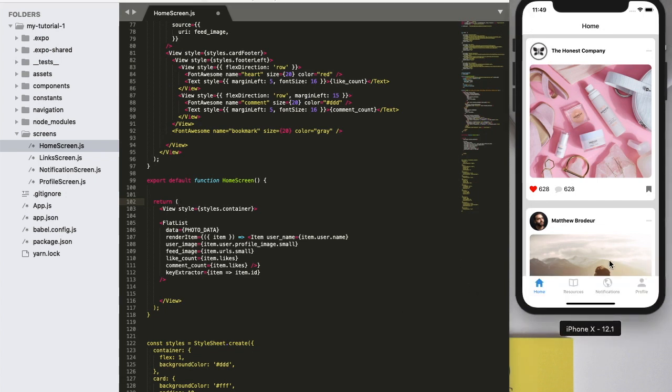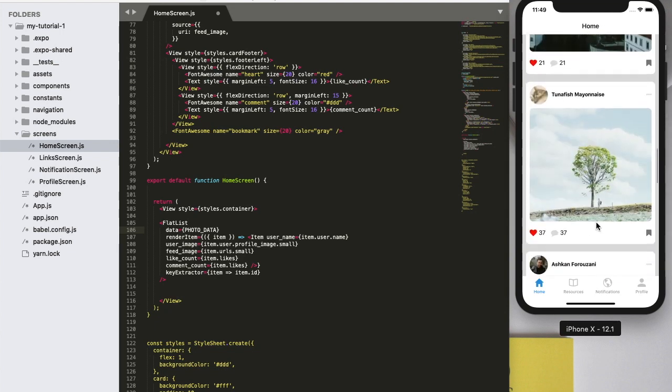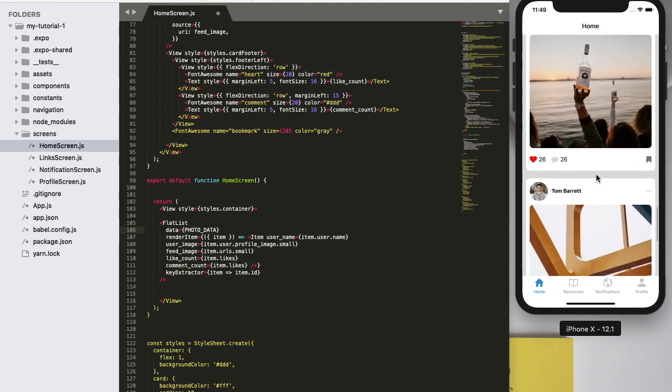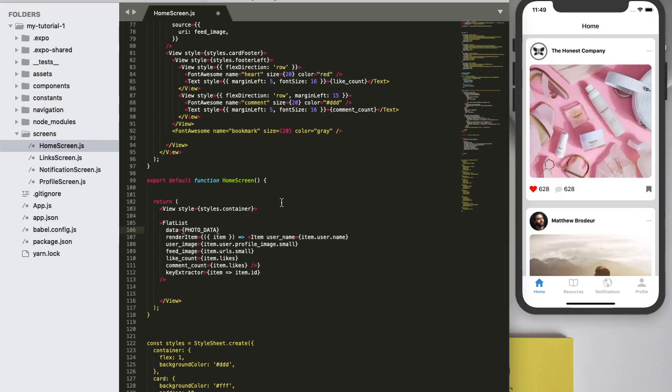So I'm dismissing this warning. So we can see these images are being fetched from unsplash.com using the API. Now let's make a little more changes to the API.